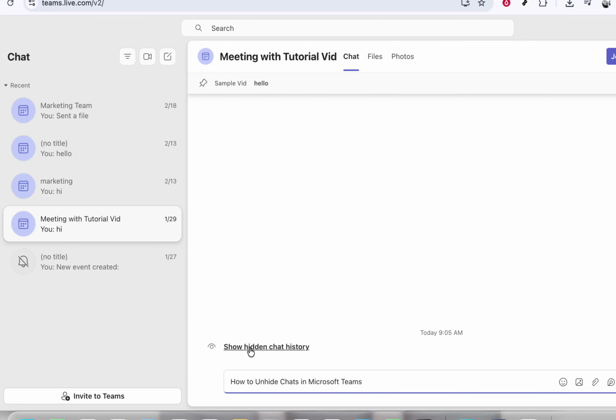Next, type in something that uniquely identifies the chat you're looking for. This could be the name of the person you were chatting with, the name of the group chat, or even a keyword that you remember from the conversation. As you type, Teams will start showing results that match your search, including any chats that are currently hidden from your main list. When you see the chat you're looking for in the search results, click on it to open